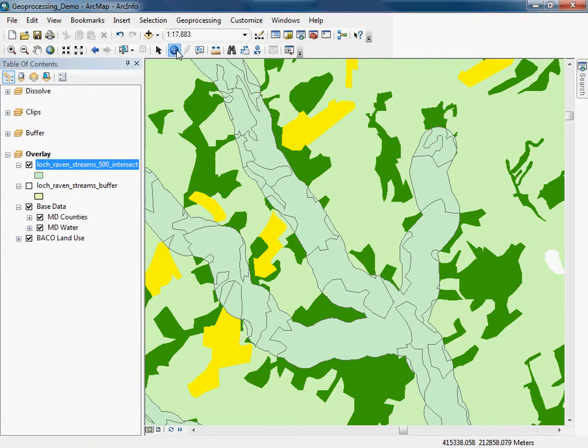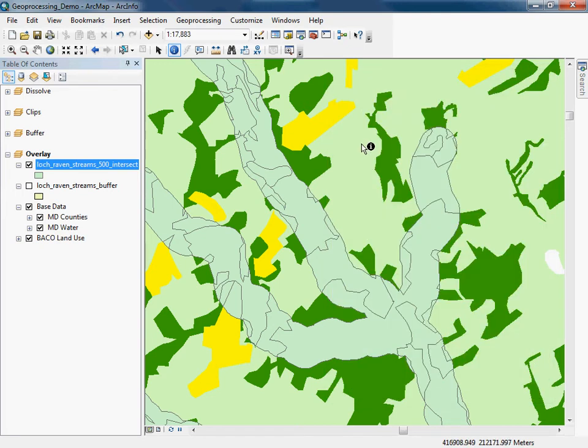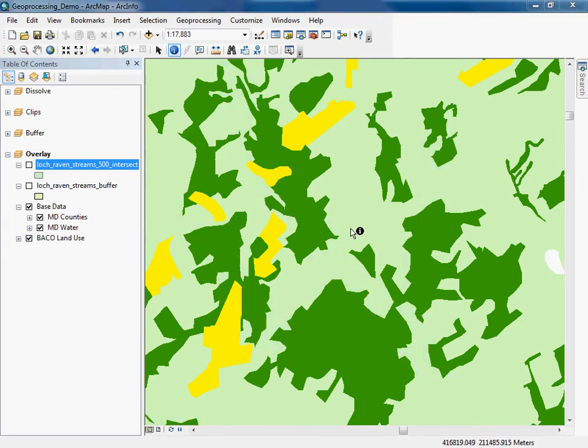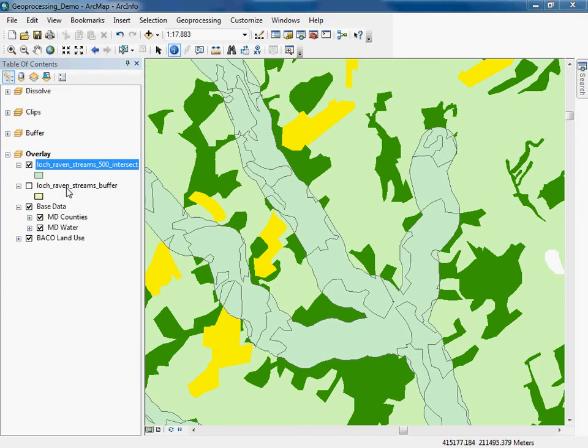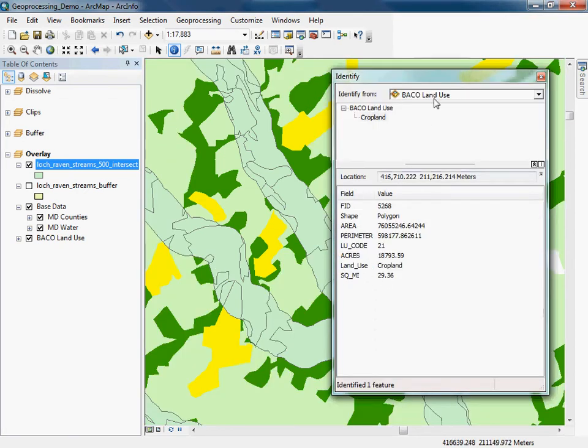But remember this big polygon from earlier. So I'm going to click on this polygon here, and I believe that's our 18,793 acre polygon. And so that's such a large polygon. The problem is, as part of this intersect, you can see if I turn this off, some of this cropland is actually going to wind up being within our buffered 500-foot area. So if I click on that polygon, again, it's picking up the Baltimore land use